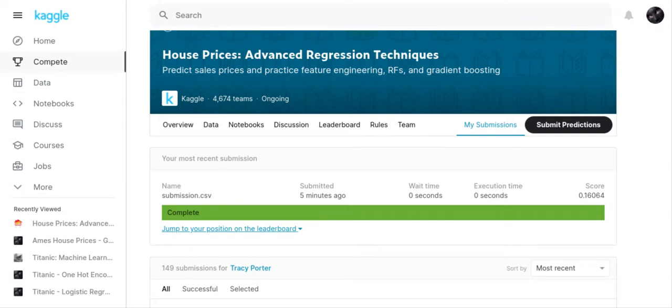Crystal here. I'm here this morning because I wanted to give you the solution to the Kaggle House Prices: Advanced Regression Techniques competition question. Basically, I've been working on this for several months now, trying different solutions. And what I wanted to do is show you my most recent solution. I just put it into the Kaggle website, and I got a 0.16064